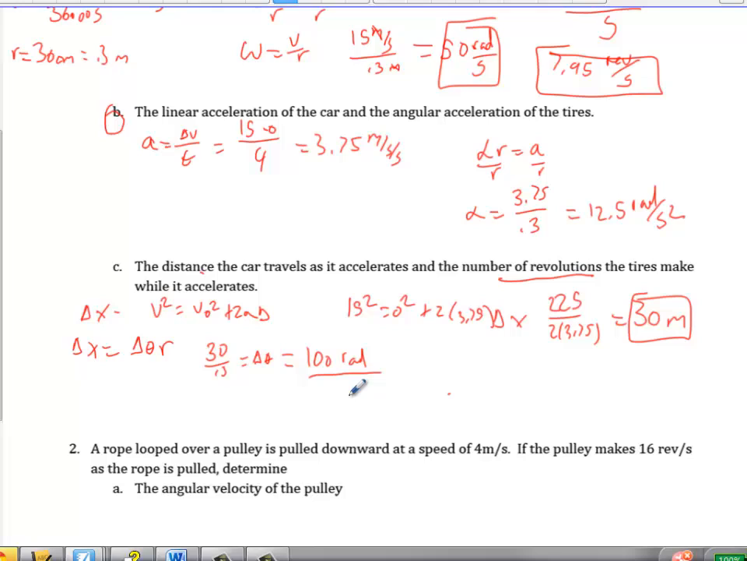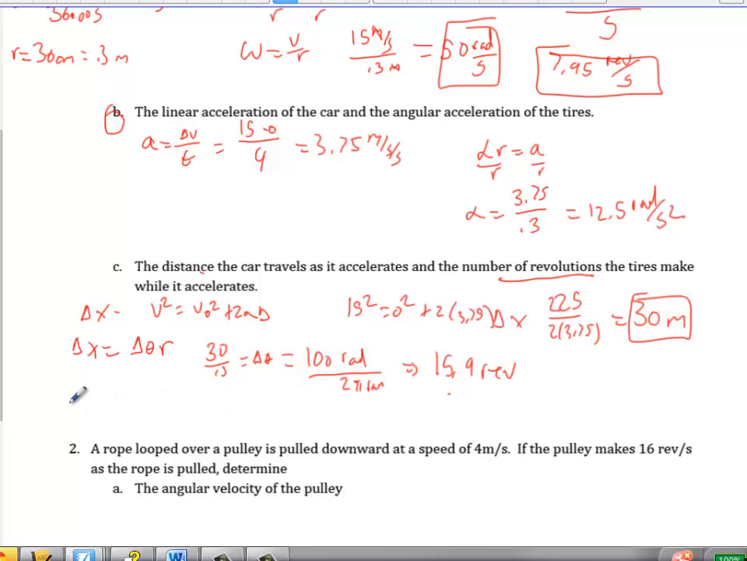That's not the same thing as revolutions. There are 2 pi radians in one revolution. So if I divide this by 2 pi radians, that implies 100 divided by 2 pi, and remember, if you do that on your calculator, put the 2 pi in parentheses, otherwise it will divide by 2 and multiply by pi. That gets you 15.9